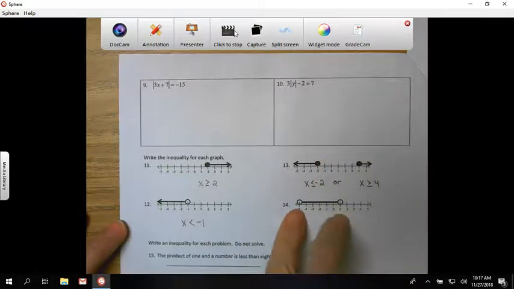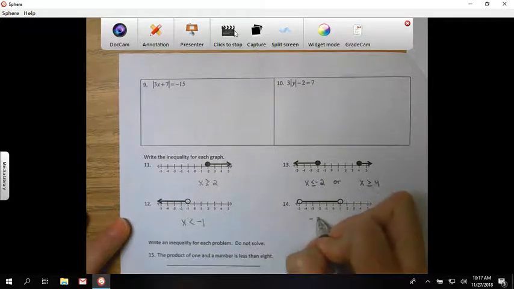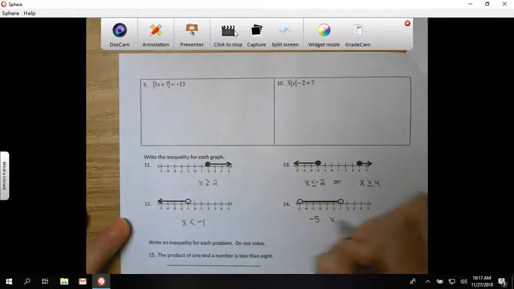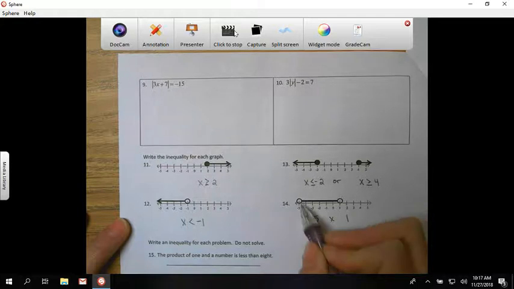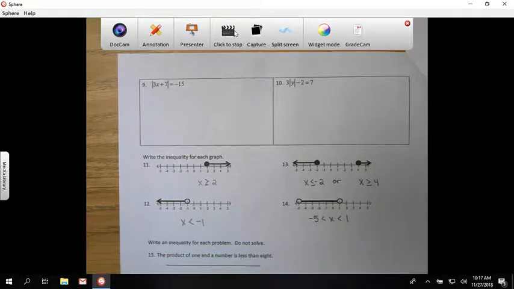Now here, because I am actually bounded on both ends, I only have one inequality. I have a negative 5 all the way to 1. Open circles on both means it's just less than and greater than, not an equal to. Alright,